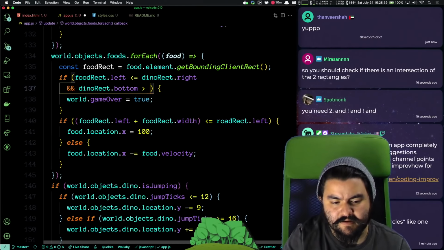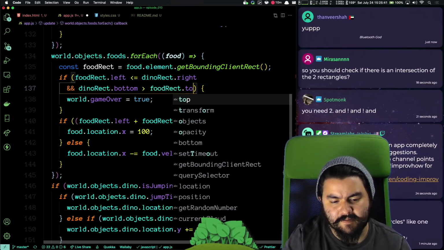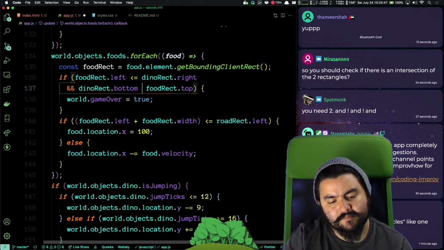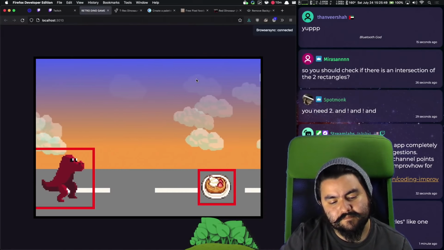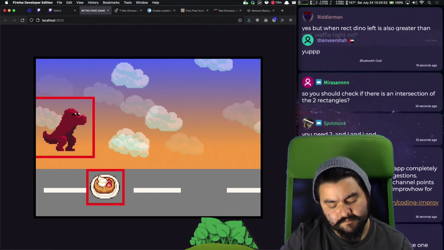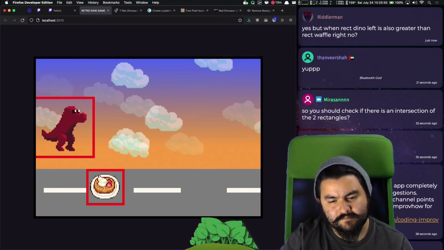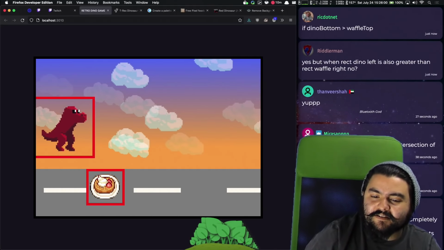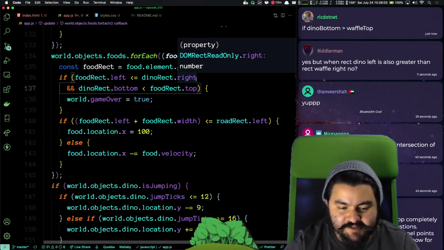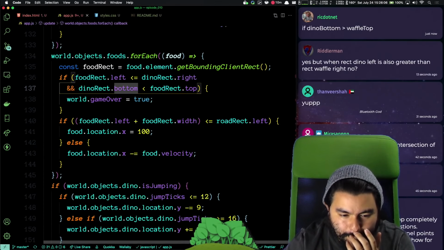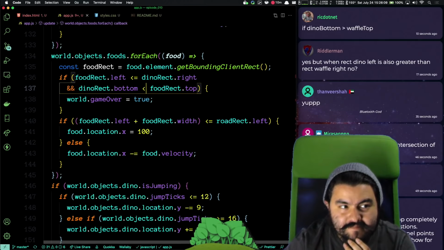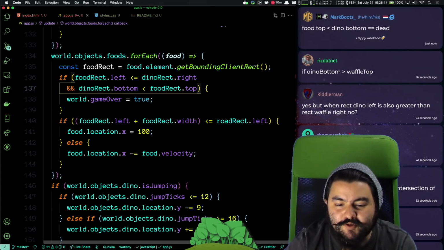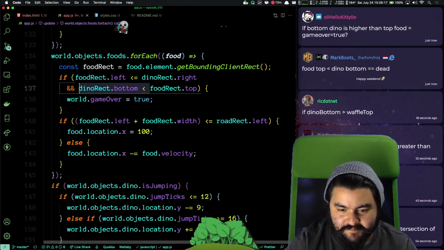Yeah, so greater than food rect dot top. But when rect dino left, I think that I just need to do more checking. So the dino bottom is less than or equal to the top. If the food top is less than the dino bottom,